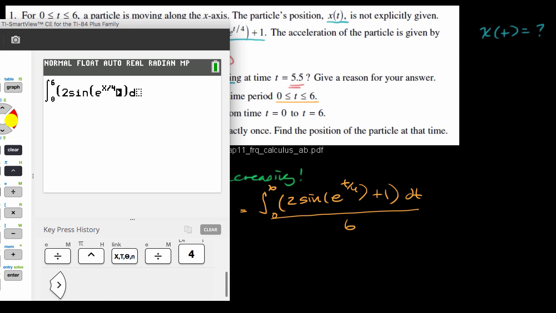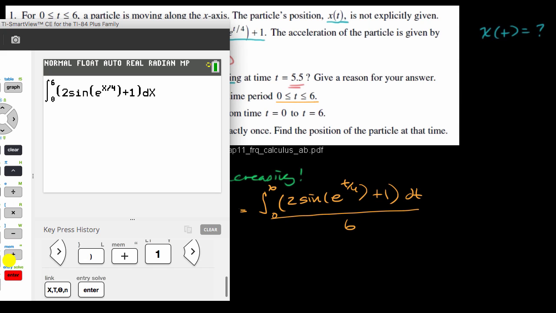So that's my sine, and then let me close the parentheses for the sine, plus 1. And then I'm integrating here with respect to x just because it was more convenient. And I am going to get that. And then I divide by 6,